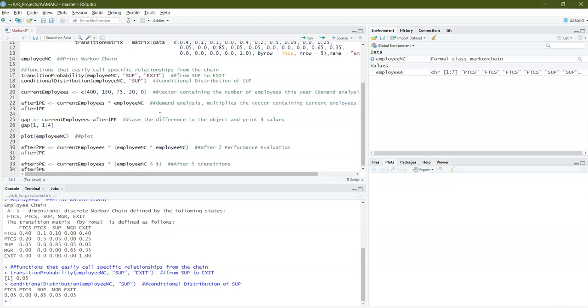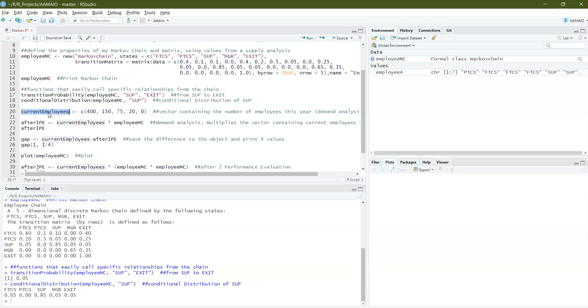So another part of my job is to do a demand analysis, or to know how many employees my organization needs in each position in order to run smoothly and efficiently and for performance to be really high. And at this time, our current employees just happen to be at the most ideal number, which is,